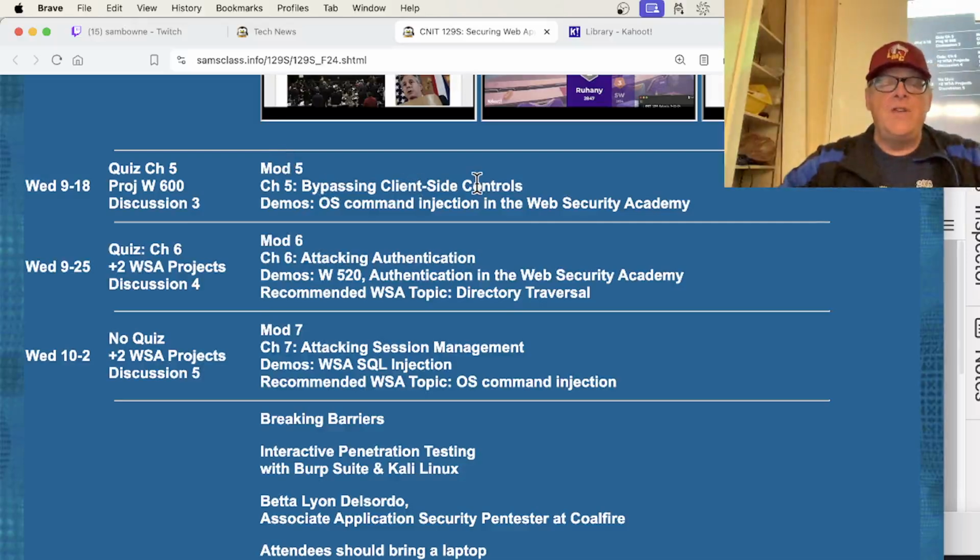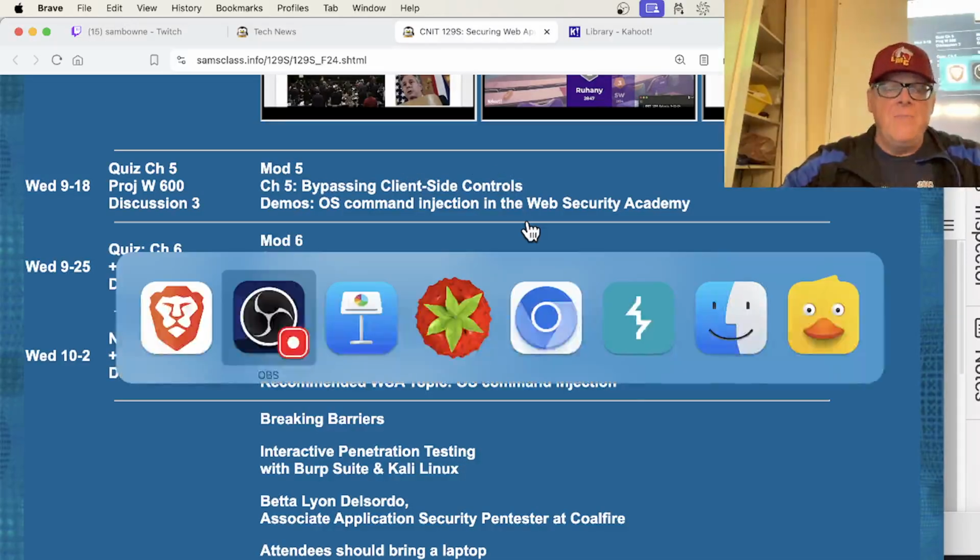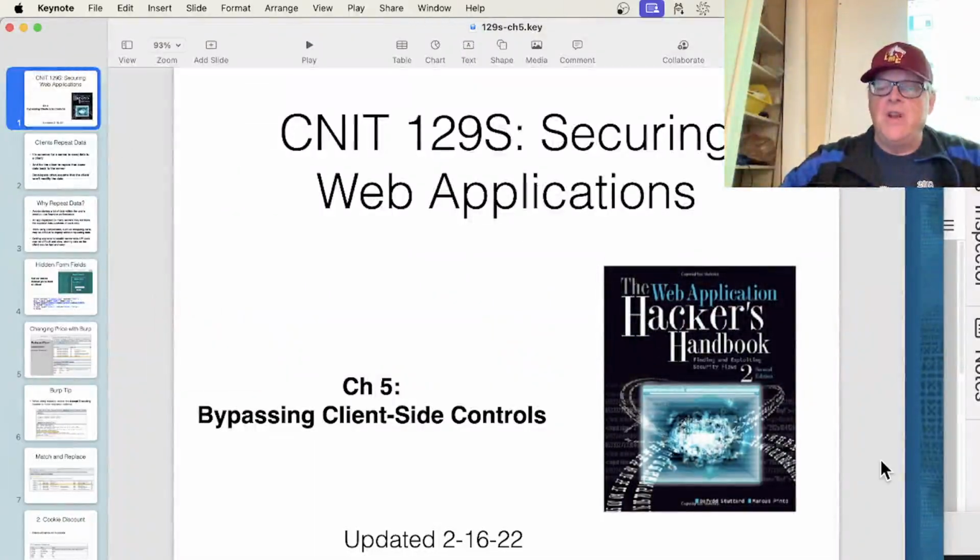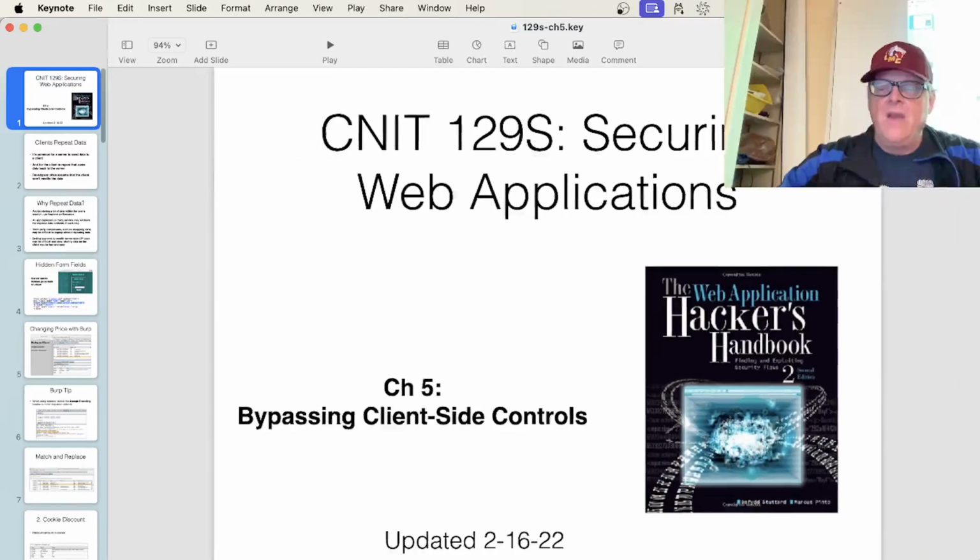Next, we're down to client-side controls, so let's start with that. I got slides here, although it's mostly going to be demos, actually, as you'll see. All right, so